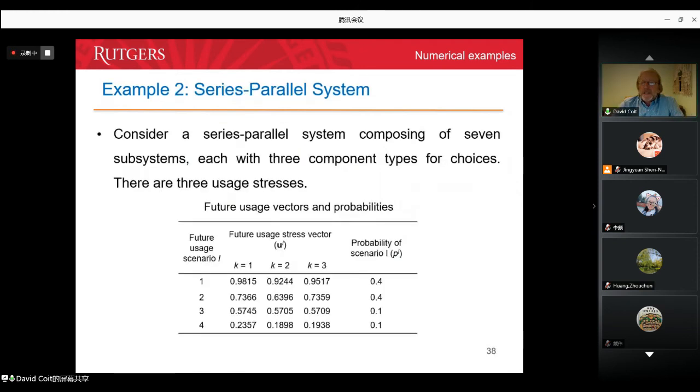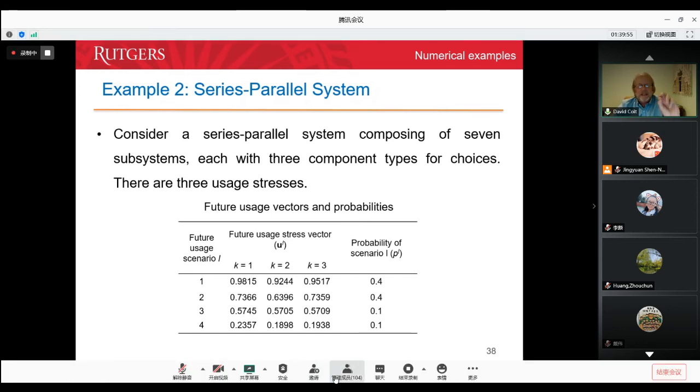Okay, now we're going to go to a much bigger system. 7 subsystems, and for each subsystem, I can have 3 component types. You might think that doesn't sound so big, but when I choose the components in the subsystems, I can mix and match: 2 of this component, 1 of this, 2 of this, 3 of this. This is actually a huge combinatorial problem. You could not enumerate all possible outcomes. There's too many of them. We have constraints, so we can't have too much redundancy, but